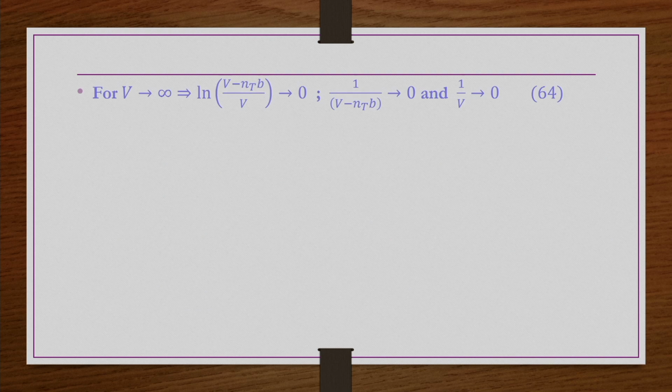Okay. Now, limiting condition we have to do: this ln(V − NTB)/V should be tending to 0 if V tends to infinity, because if you take ln the same thing you can write (1 − NTB/V) divided by 1, right. I am just taking V common from the numerator and denominator and cancelling out. So, now if V tends to infinity, 1/V should be tending to 0. So, ln of 1/1 is 0. So, that is what we get.